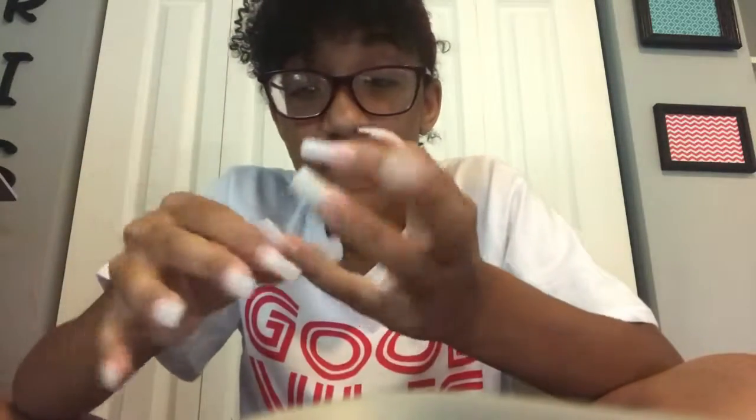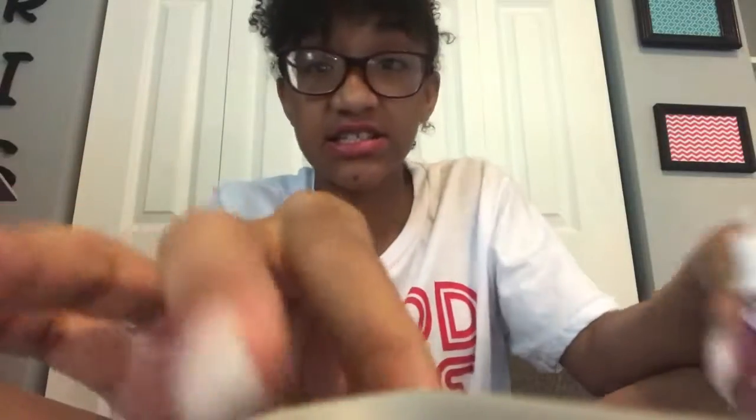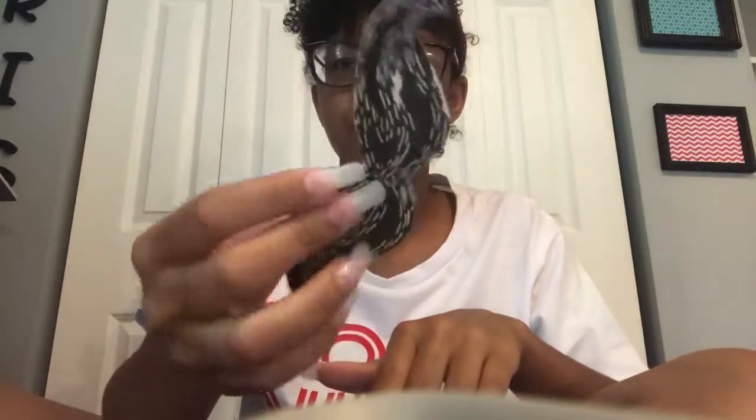Next hand. I'm all done. Come on now. Why? Just why? You can't even do anything with these nails. I'm having a hard time putting the nails on with my other hand full of nails. Like, how are you supposed to paint your nails or anything like this? It's so hard to open it. I can't even do it. I just don't understand how people get around like this. We're gonna have to